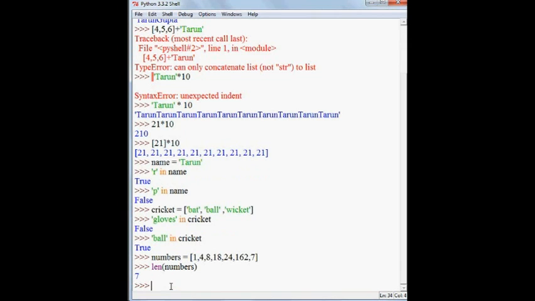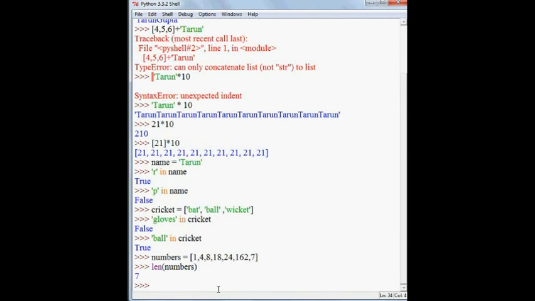It says 7. This is because there are 7 elements in the list numbers: 1, 2, 3, 4, 5, 6 and 7. So this is a very simple function with which you can get the length of any string or the number of elements present in any sequence.